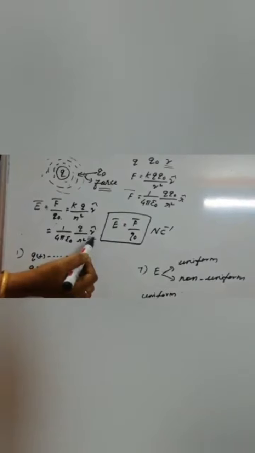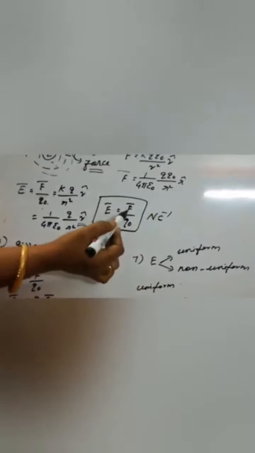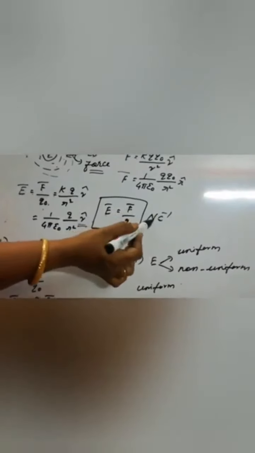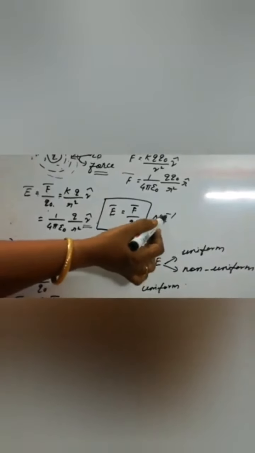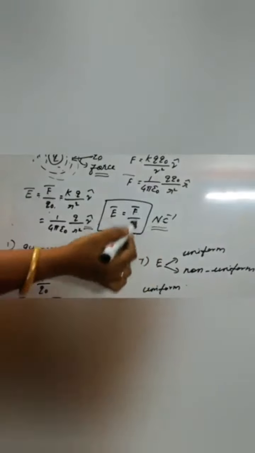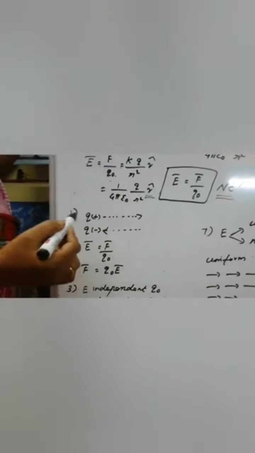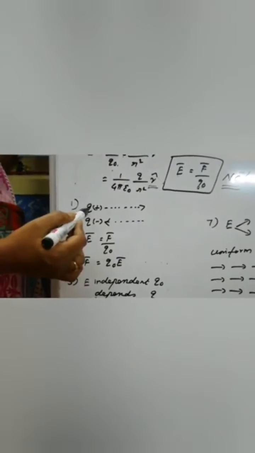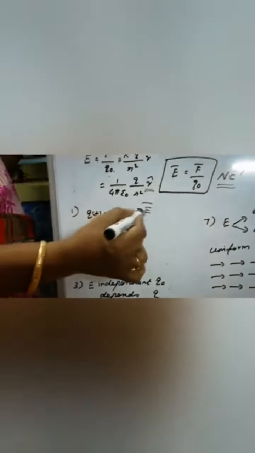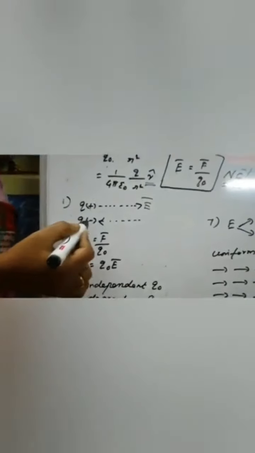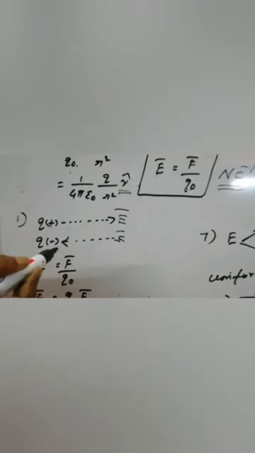The unit of electric field is Newton Coulomb to the power of -1, because in the numerator force is there, whose unit is Newton, and in the denominator charge is there, whose unit is Coulomb. Therefore, N C to the power of -1 is the unit of electric field. Next we will discuss some important aspects of electric field. If the charge Q is positive, the electric field points away from the source, and if the charge Q is negative, the electric field points towards the source charge Q.